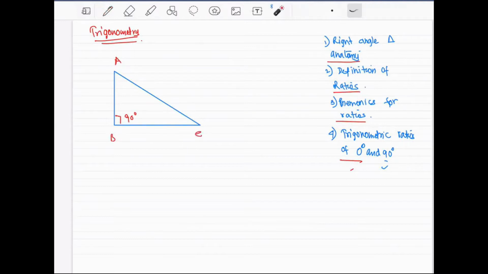How many angles do you see? We have got 1, 2, 3. Of course, one of them is 90 degree already. The remaining two can be any value. It can be 30, 45, 60. If this is 30 degree, then the other one will be 60 degree because the sum of all the total will be 180, right? If I've got 40 here, the other one will be 50. If this is 75, this one will be 15. The sum of 1, 2, 3 should all be 180. So these are just markers. Don't focus here, okay? I'm just writing them down so that I don't forget